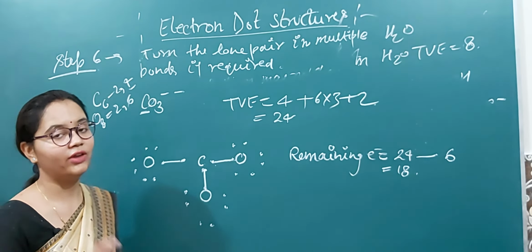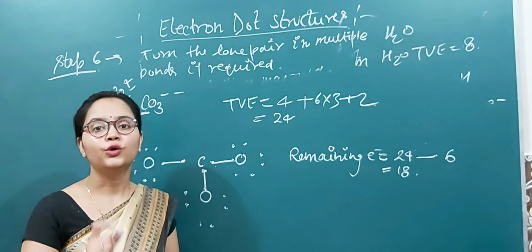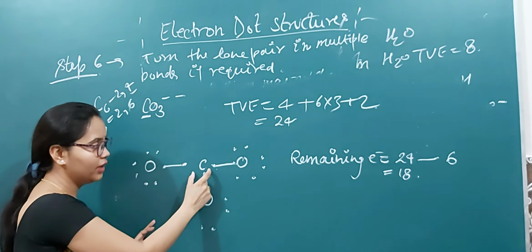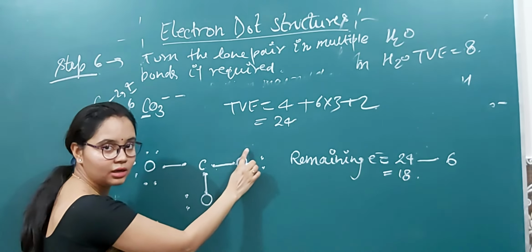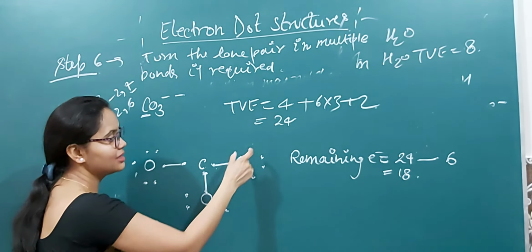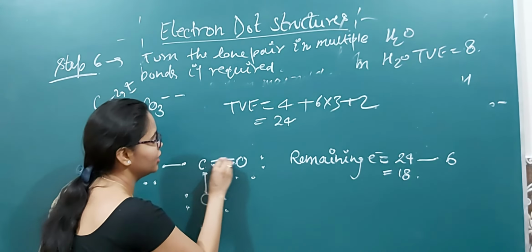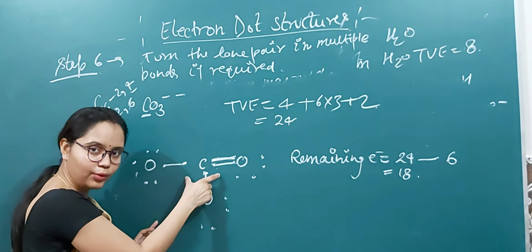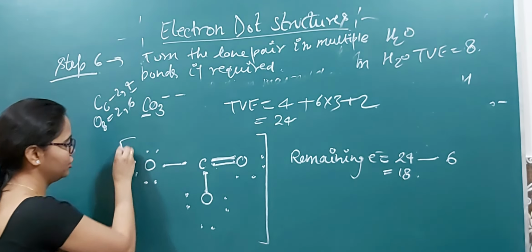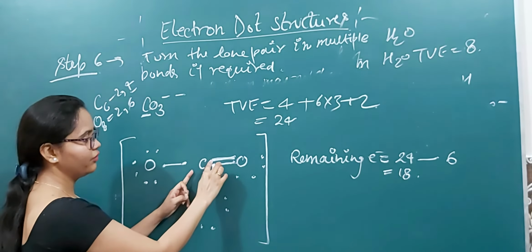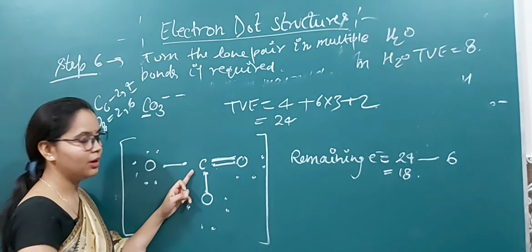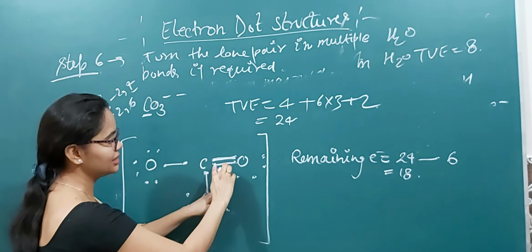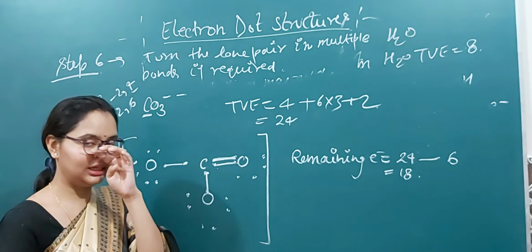And I told you that we have to provide at least 8 electrons to the central atom. So in order to complete the octet of carbon, what we will do is use this lone pair of electrons in the formation of a multiple bond, in order to complete the octet of the central atom. Now you can see that carbon has 1, 2, 3, 4, 5, 6, 7, 8, also completed its octet. And now what about this oxygen? 1, 2, 3, 4, 5, 6, 7, 8. This has also 8 electrons in the valence shell.